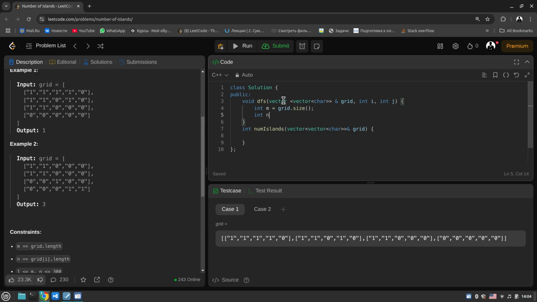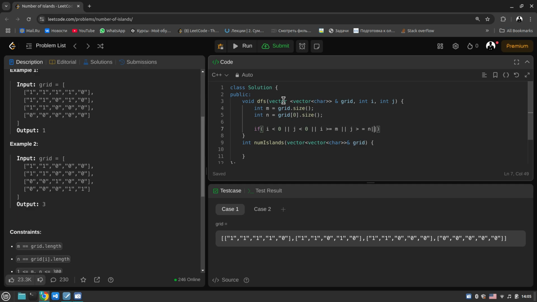In m and in n we will have the size of our first array, grid 0 dot size, and create the conditions: if i less than 0 or j less than 0 or i more or equal than m and j more or equal than n,